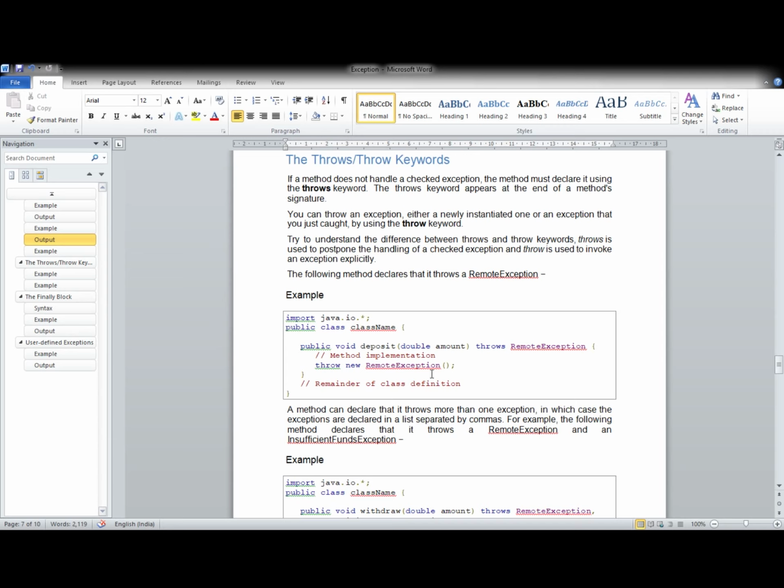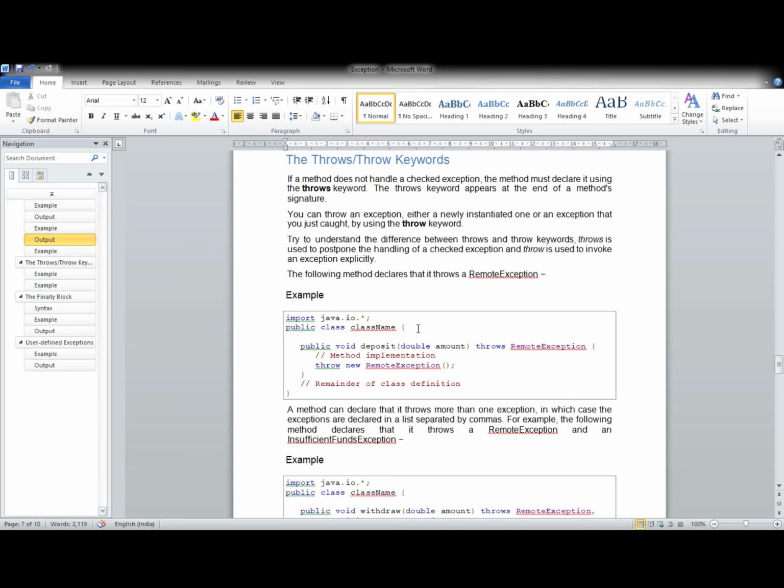Similarly, in our code, we can write the code to throw an exception. You yourself can throw your own type of exception. Whichever type of exception you want to throw, you may or may not create your own exception classes, and you can throw objects of those classes, or the predefined objects also you can throw.